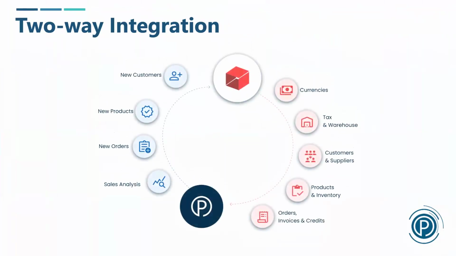So obviously, Prospect CRM and Unleashed, we integrate those together, and actually that integration happens even in that free trial period, giving you access to all that key information through the integration, even in that 14-day trial. So basically that connection happens and we import things like currencies, taxes and warehouses, all of your customer and supplier information, your full product file, including stock information as well, all of the pricing on products and customer special discounts, quantity break pricing, and all of the historical orders, invoices and credits all come through from Unleashed into Prospect CRM,